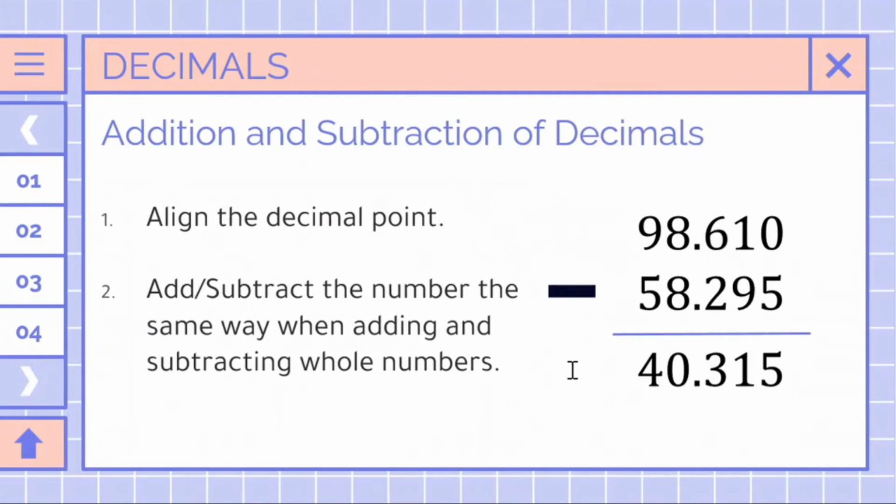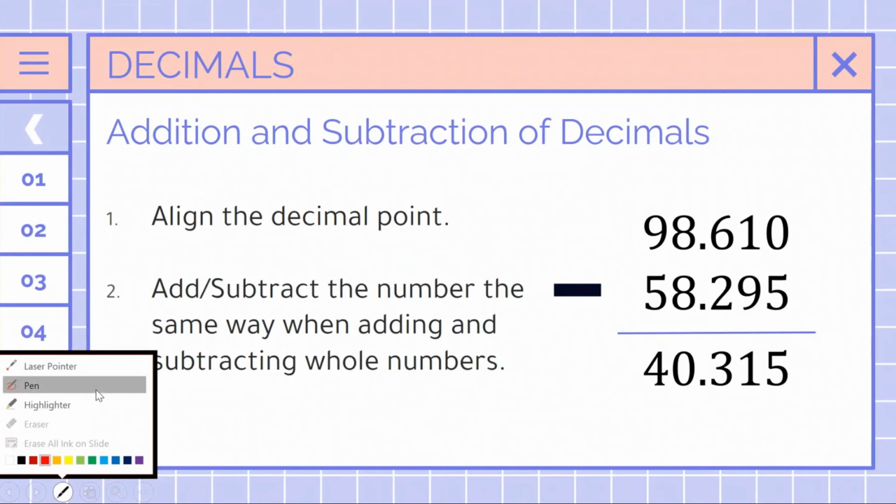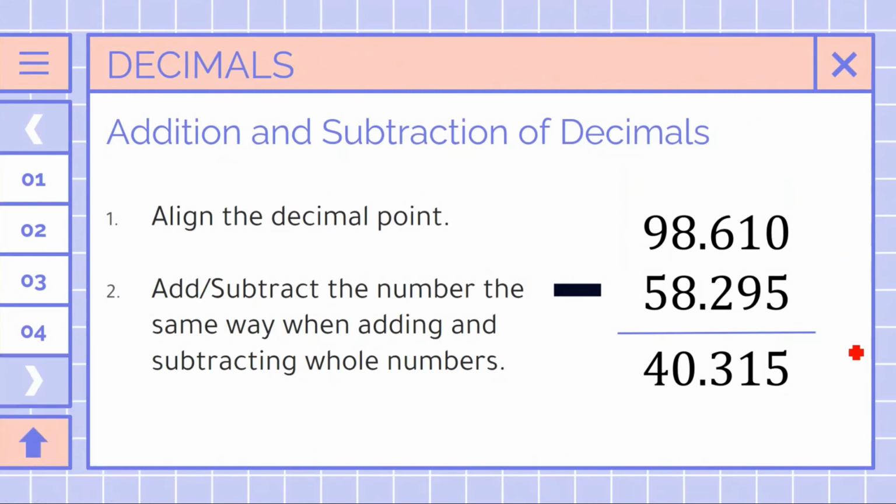And then, align vertically ha. And then, add or subtract the numbers the same way as when adding and subtracting whole numbers. So, align nyo lang sila based on their place values. And then, you can now perform the given operation. So, with this, let us solve. How did we get